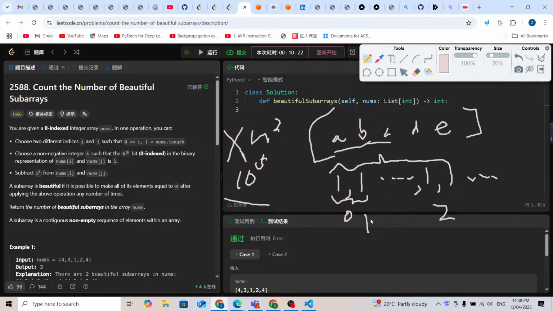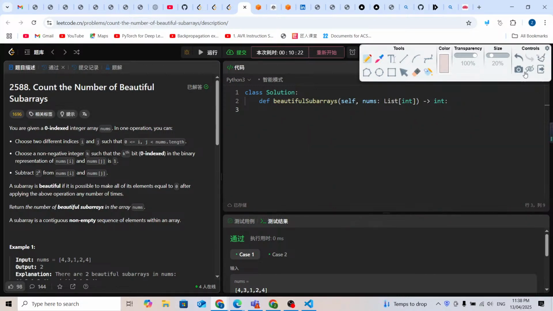Maybe in between we didn't find XOR to be 0, but here we find another 1, 1. So this one is going to be 3. So this means the total count is going to be 1 plus 2 plus 3. So it is not only 0. Maybe from some other places,